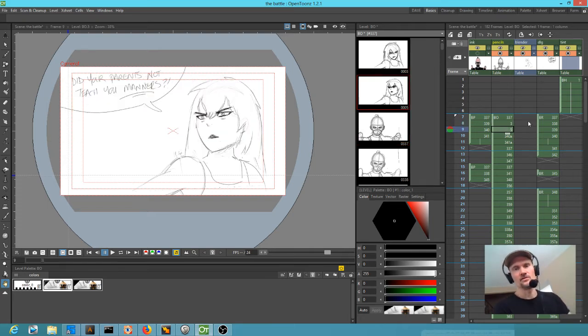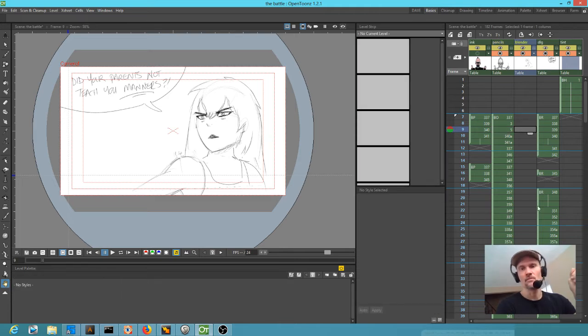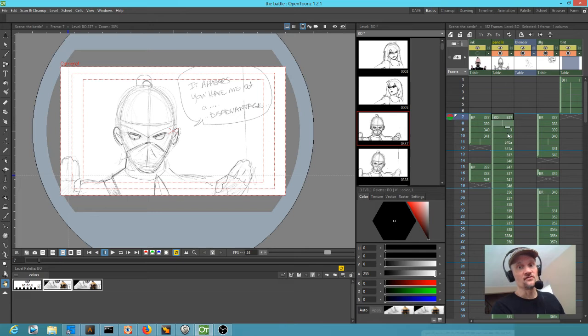Okay, so the problem with the memos is if I move this cell, let's say I move it down here, or whatever, not only do I have to move the memo with it, but ostensibly I might have a whole bunch of memos that all have to be moved downstream. You know, we want to ripple edit it, as it were. So OpenToonz is really strong from the standpoint of ripple editing this way. It's great the way you can drag things around and everything else just adjusts accordingly. But